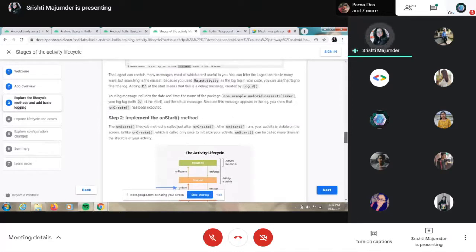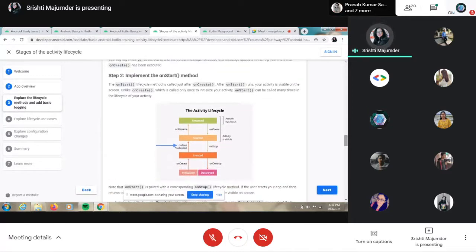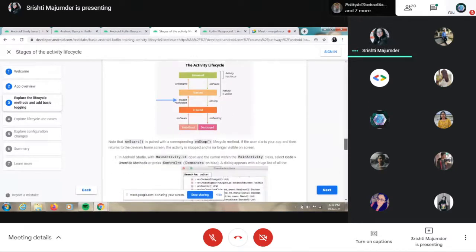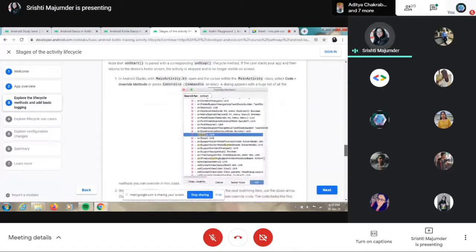So the main part is done. After that, we are going to implement the onStart method, the next step. The onStart method is also simple. You go back to your MainActivity.kt, open that, move your cursor to the MainActivity class, open the Code menu, then Override Methods, or press Ctrl+O, and a dialog appears with a huge list of all the methods you can override in the class.